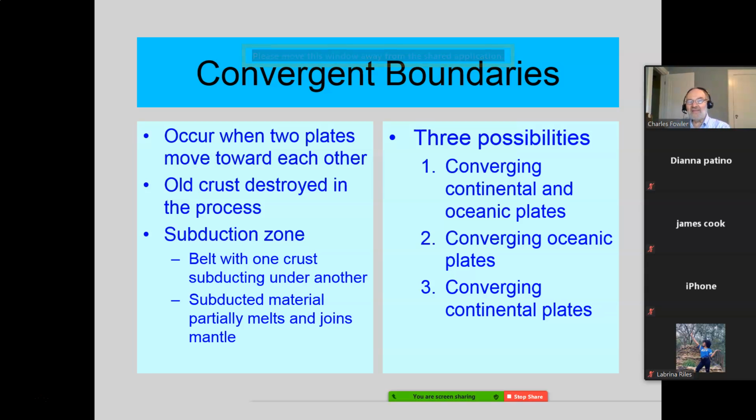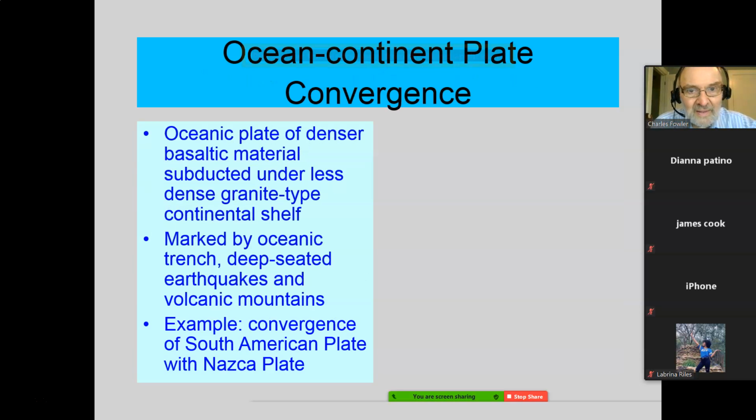And then the last of these is converging continental plates. Well, continental plates are up here high, and when they converge, they just get higher. There's not really too much destruction of continental plates. They just grow taller, so the area, well, that's a little harder to describe. Not really destruction, so to speak, of crust. It's just it gets piled up. Okay? So let's look at each of those separately.